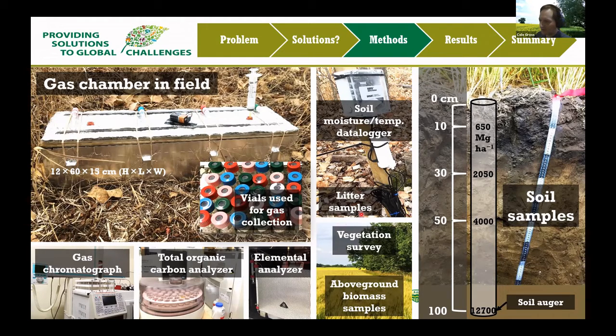So soil sample collection occurred by depth to 100 centimeters in May 2018 prior to treatment application, and again in May 2020. Soil samples were analyzed for organic carbon and nitrogen in various fractions, including dissolved and microbial, which were analyzed on a total organic carbon analyzer, and particulate and aggregates, which were analyzed on an elemental analyzer.